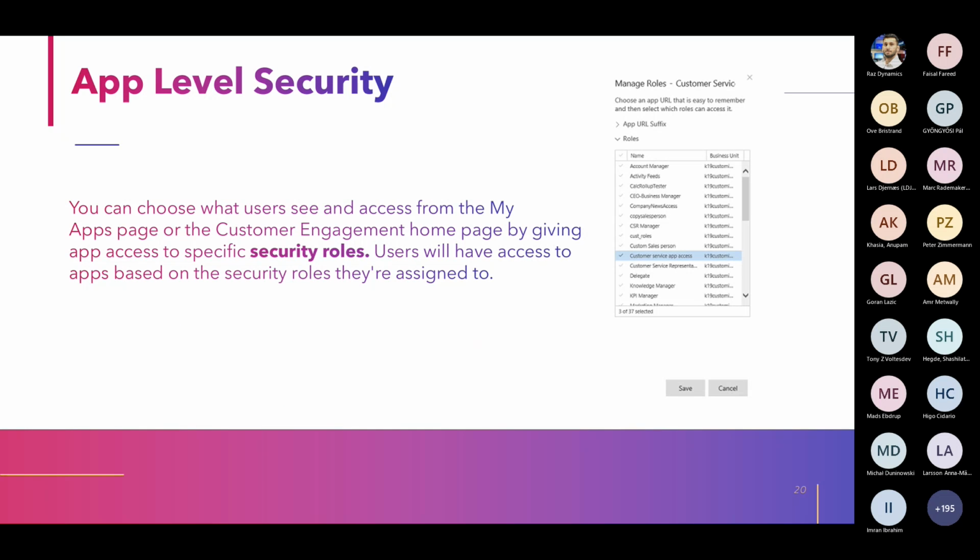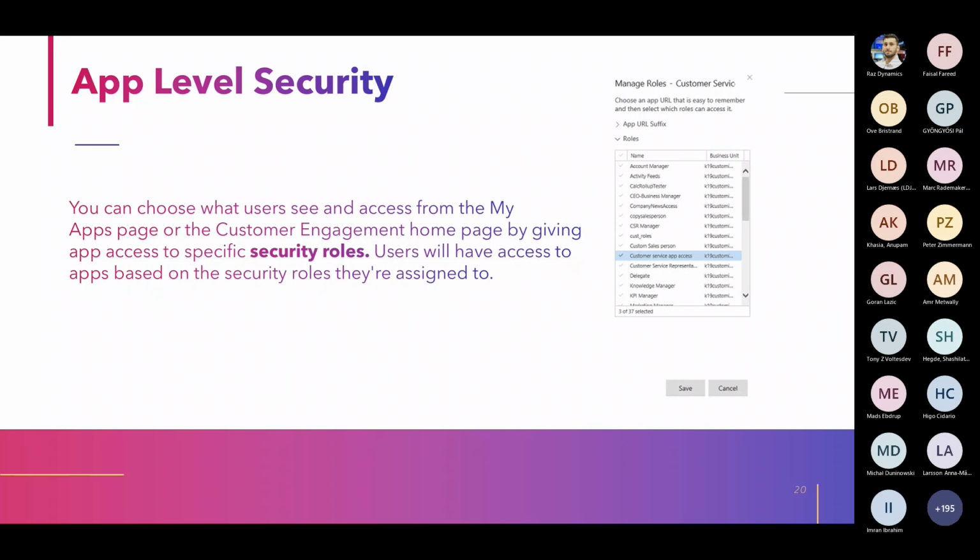Another level of security is app level security. Now you have the access to the environment, you got the access to resources. Now app level security comes into play. So now you can choose what users see and access from the My Apps page. When you go to My Apps, you get to see a list of all the model driven apps available